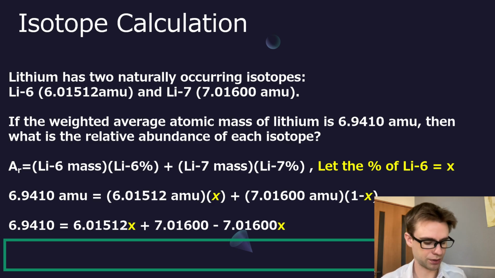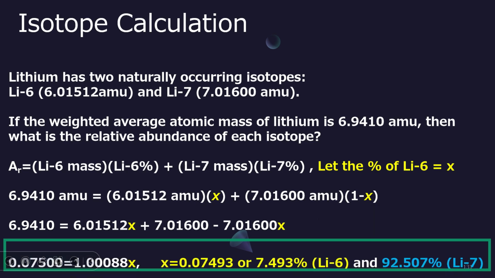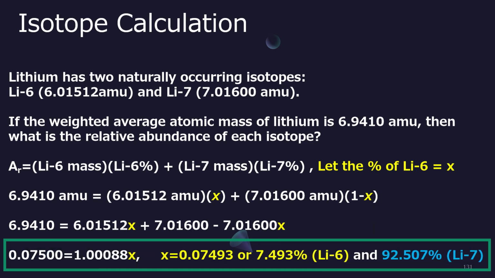So 6.01512x plus 7.01600 minus 7.01600x. And then bring everything to whatever side you like, cancel out whatever signs you need to cancel out, but you should get this: 0.07500 equals 1.00088x. And then do that final division, you will get that x must equal